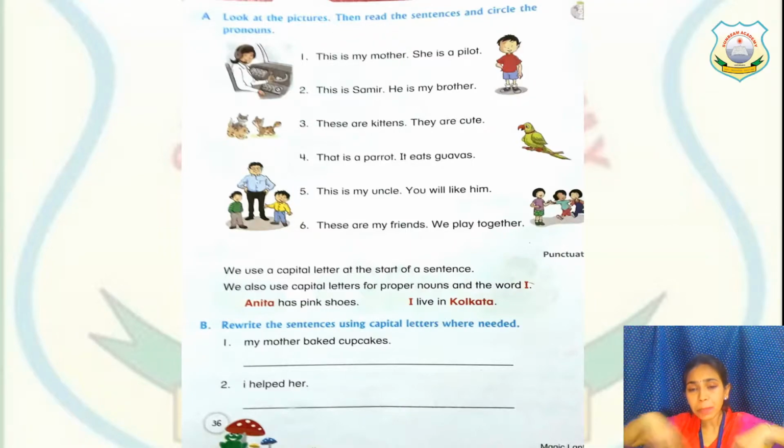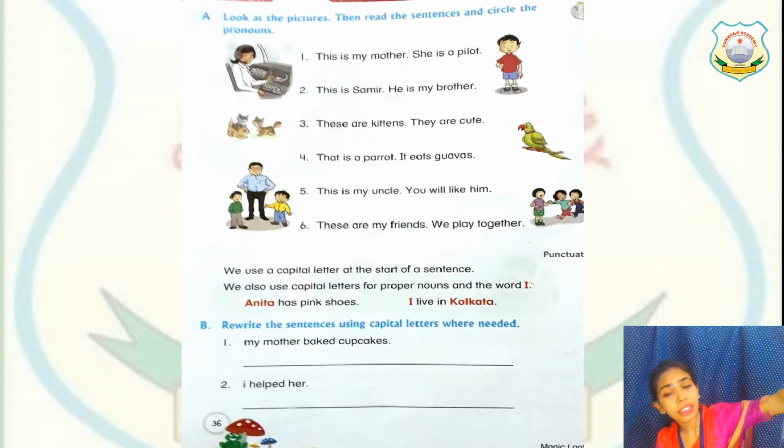For many people, if there are more than one people and I am also included in it, then we say we, right? If we have to tell that somebody else, the people, I am not included in that, but somebody else, they are doing something, so we will say they. And if I am talking to you, so I will say you. Instead of telling your name, I will say you, right? So these are the pronoun words, right? So let us now underline or circle the pronoun words.